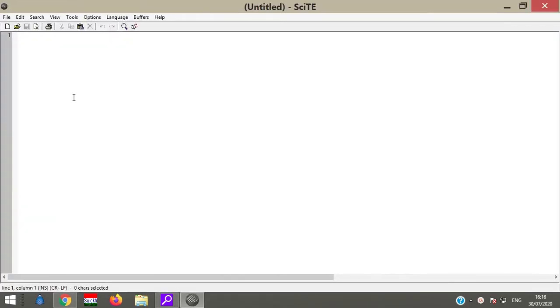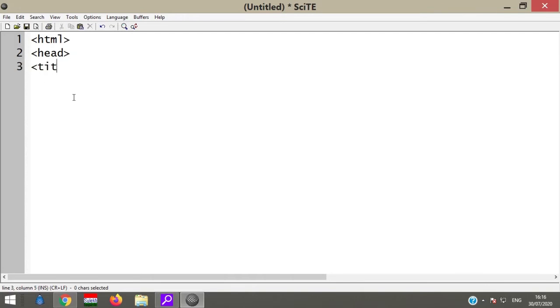Here we have to press Ctrl and plus key to increase the font size. Okay, then we have to write the same as our HTML structure: head, title. We are using a heading title and then slash title. Then slash head, body. Now, the same as we are writing here, the heading RAINBOW, and then slash h1.